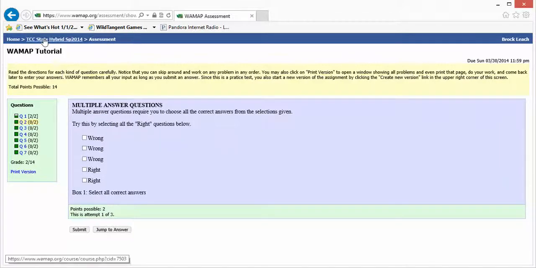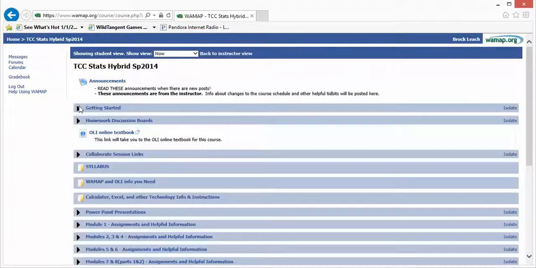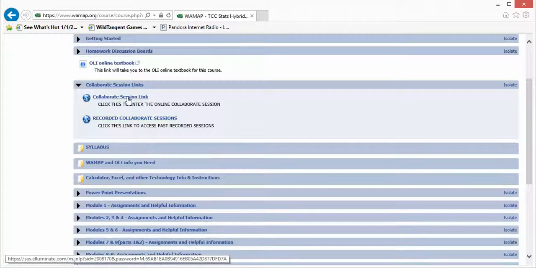So that'll take you through that. All right, that all is under getting started. After you get started, you also want to begin to read through the modules. Now, we are going to be meeting once a week in a collaborative session, and this is the link that'll take you there. I'm not going to click on that right now because it opens up a bunch of stuff, but this is where we virtually meet.